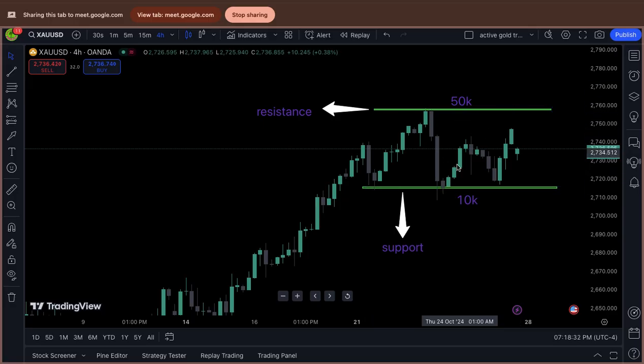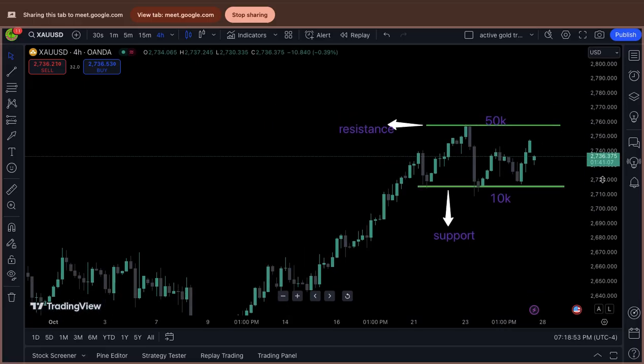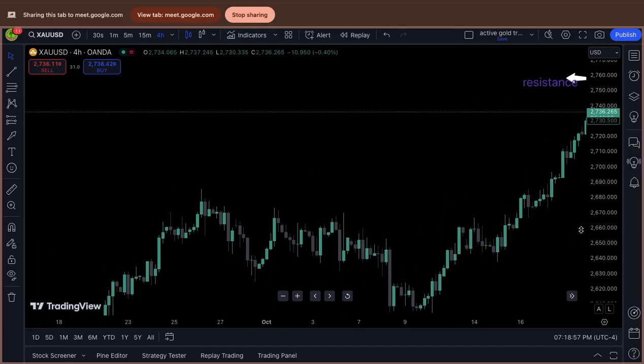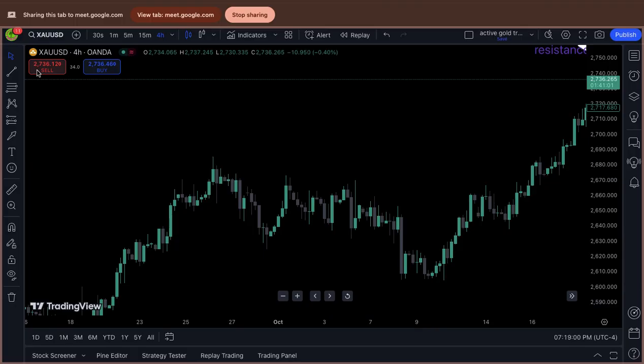So you draw in your lines at the closest or the highest point relative to where this dotted line is, which is your price. So wherever your price is, you're looking for the lowest point where you get multiple touches, essentially. And then you're looking for the highest point where you get multiple touches, essentially. That is where you're going to drop your support and resistance zones. Highest and lowest relative to the price where you're getting the most touches. So let me say the market was somewhere down here right now. You will draw your support and resistance zones